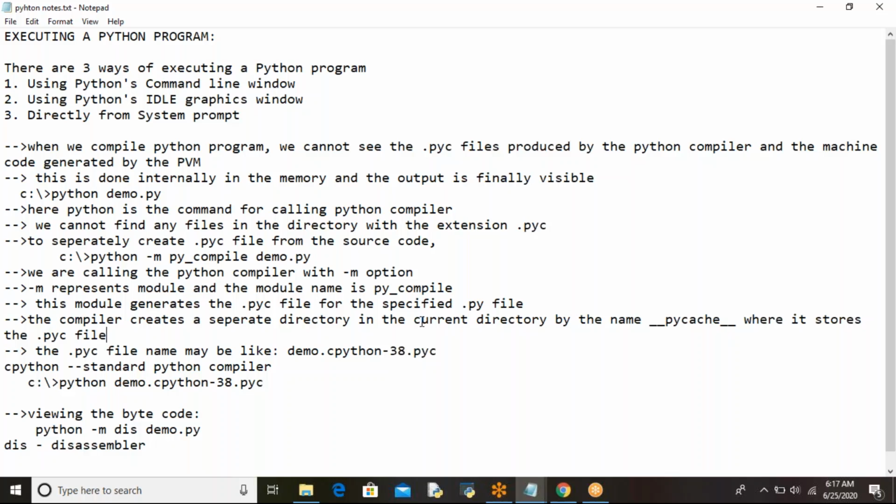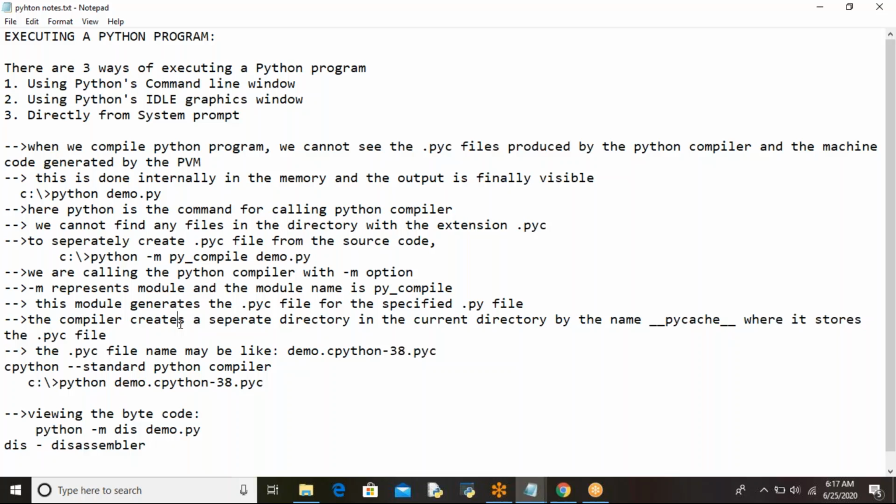In the D drive, I have created one folder known as Python Programs 2020. Got it? 2020 we can't forget, no? Yes, it's a memorable year. So for my batches, I put the names as Python 2020, Java 2020, C 2020, like that. I created the folders. Python Programs 2020 is my folder where I am saving all my Python programs.